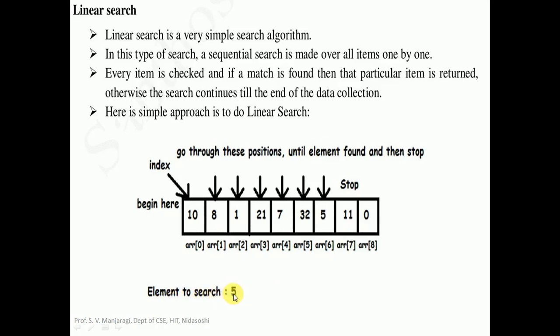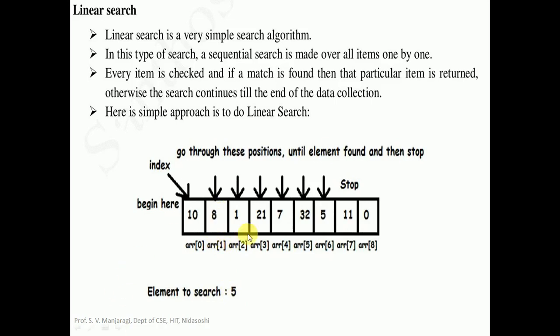So what we do is go on comparing the search key with all the elements of the array starting from the first element. The first element of the array is present at index 0. It is called array of 0. The element present here is 10. We compare the search key with 10 here. In this case, it is not found. The search key is not found here because the key doesn't match with the first element of the array, 10. So in this case, we need to go to the second element. What is the second element here? 8. Compare the search key with the second element. The search key is 5, which doesn't match with the second element. So here it is not found.